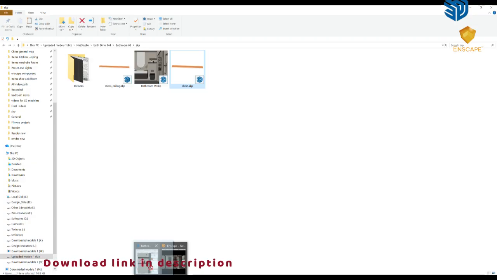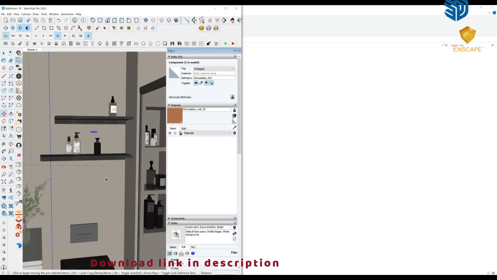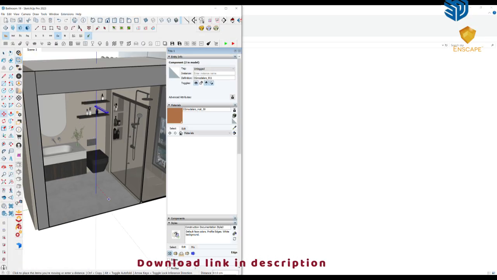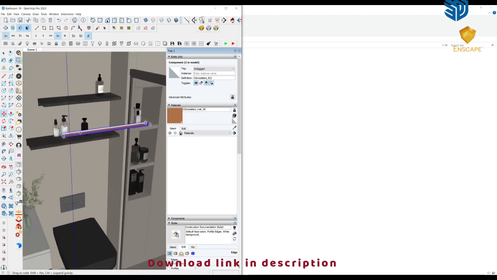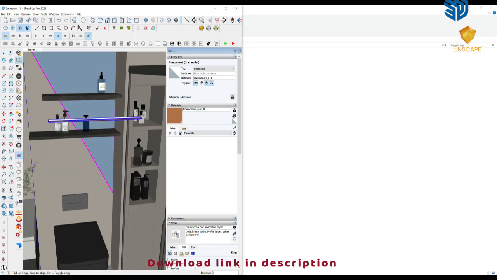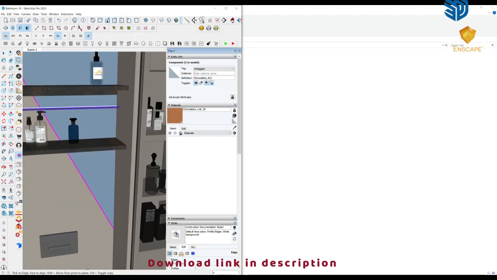These lights made our work very easy. Now I'll adjust another light,